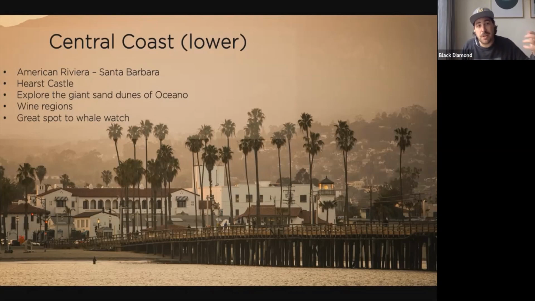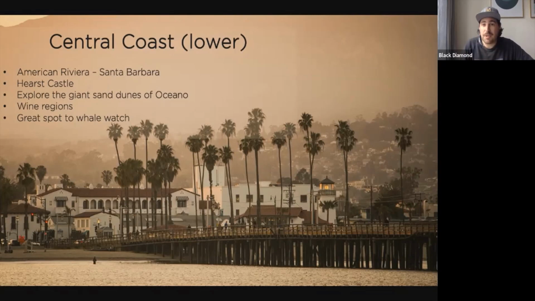The other thing I should have mentioned is Pismo has sand dunes, and the sand dunes are quite a fun day out, a fun activity to do too. You can actually rent dune buggies. You just need a driving license. Down on the Oceano Beach, you can rent dune buggies at a place just down there and then take them out and explore the sand dunes. And it's quite a lot of fun to do that.